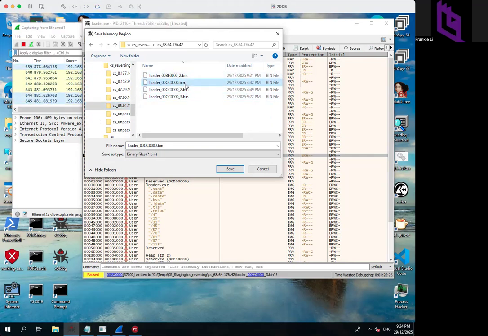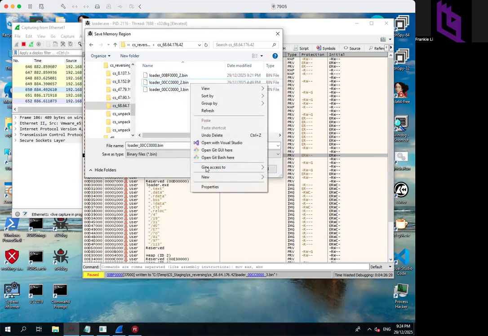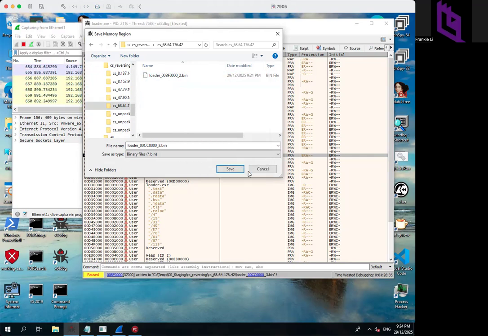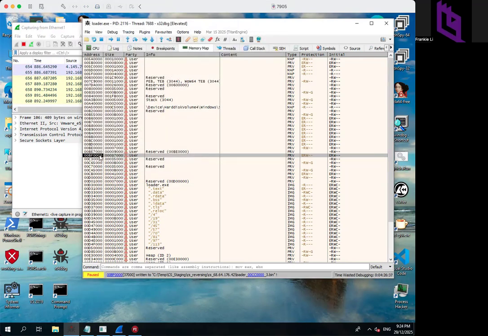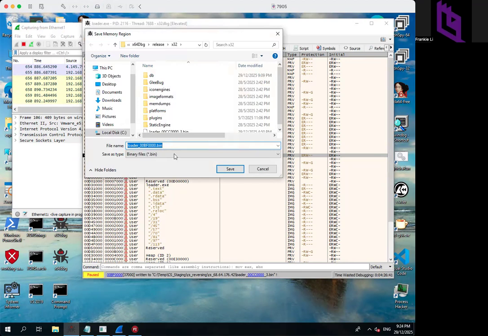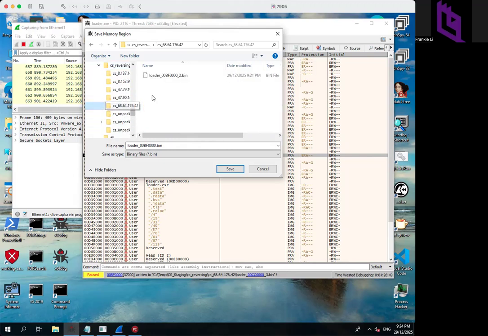Delete this. Delete this. Delete this. Okay, so I create one dump file to the 10 folder, CS reversing 6 something. So I can have